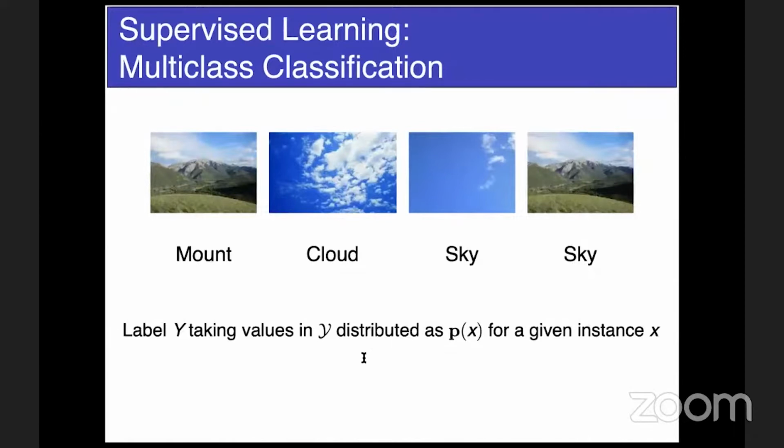So that's why I said that there is inherent noise. And that is modeled by saying that the label is distributed over the label space as some distribution P. So in this case, let's say just 3 possible labels are out there. For each image, you have a distribution over the 3 labels. That's just a simple example to keep things on track. So this is the case.